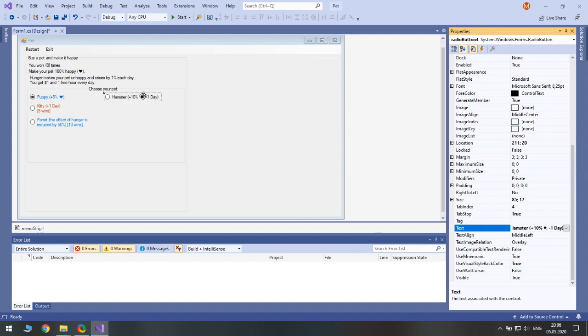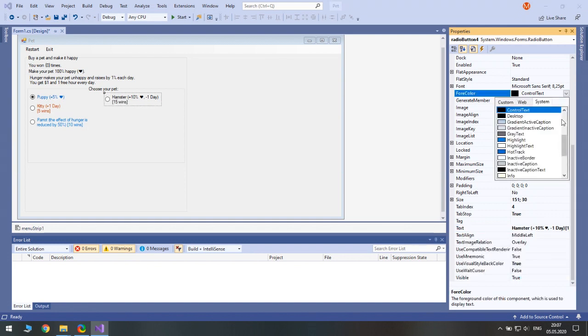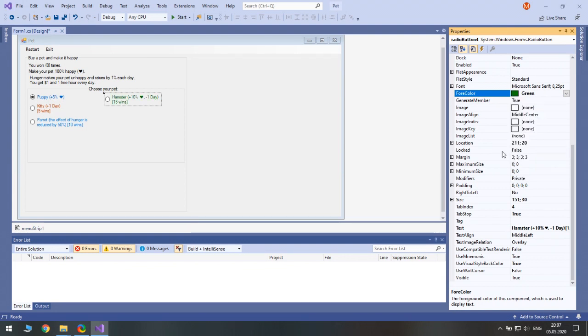So it will have both something positive and something negative. Well, let's just keep increasing the number of needed wins by 5. So 15 wins. And the fore color will be green.